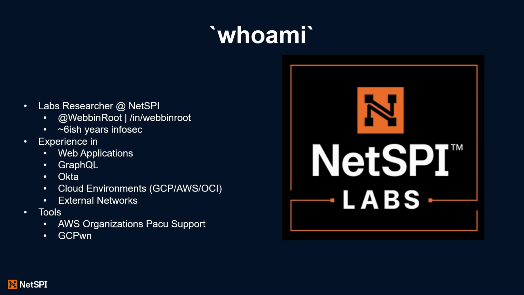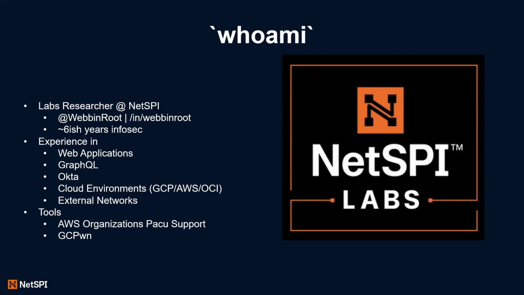I've written some open source tools in the past, like adding support to Pacu for AWS organizations, or like I did a talk a year or two ago at Forward CloudSec and DEF CON Cloud Village on GC Pwn. Speaking of that, if you haven't checked out GC Pwn in a while, I would also encourage you to check that out if you're looking at GCP environments. Added a bunch of stuff to that tool, like pip installs, graphing, Bloodhound style graphing, and some other items. This talk isn't about GC Pwn or GCP, but again, if you want to check that out, you can find it on the NetSPI GitHub repo under NetSPI/GCPwn.